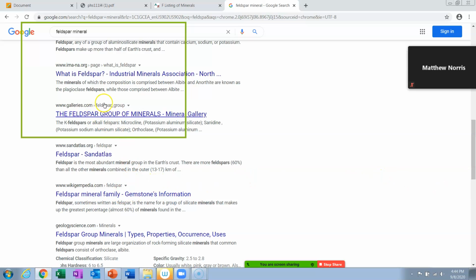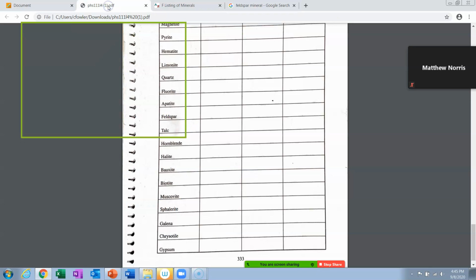This one right here gives albite, A-L-B-I-T-E, and anorthite, okay. This one here gives microcline. You can't read it on your screen, but it says sanidine, orthoclase. Now, orthoclase is one I remember our book talking about. That would be the one I would do. But whatever you do, pick it, write it down on here underneath where it said feldspar. So I was sort of leaning toward orthoclase.